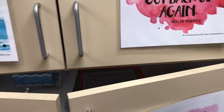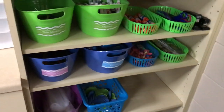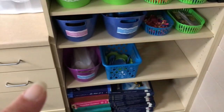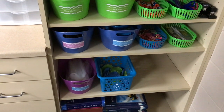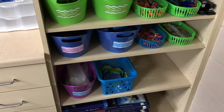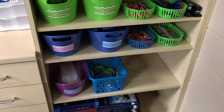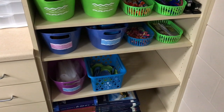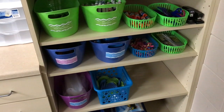Oops. These darn cupboards. Alright, and then I have the labels on my supplies. These two are not the right color. I am going to print new ones, and I'll just flip it around and put the label on the back side. I originally had it so that my Ziplocs were in the blue one and my colored pencils were in the purple one,